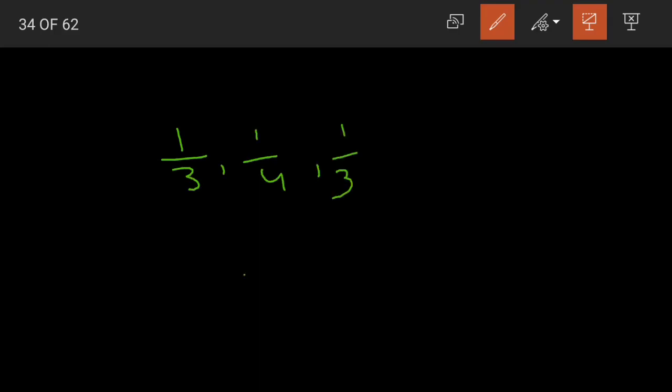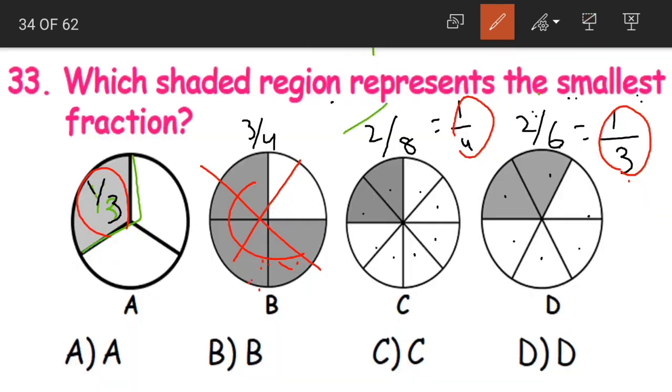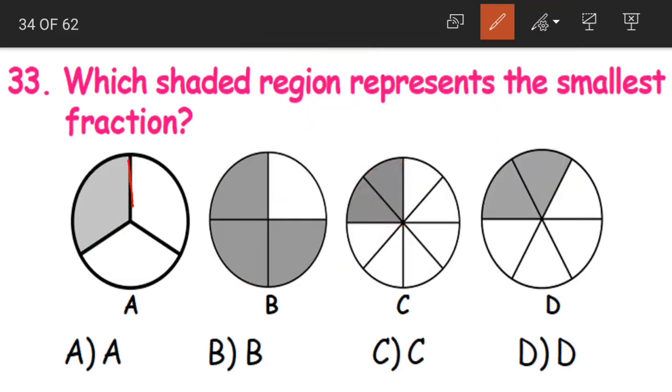Now if you remember what I said about the fractions, if we are writing in numbers 3 and 4, 3 will be the smaller one, 4 will be the greater number. But when it comes to fractions, what did I say? That it becomes the reverse. 3 is the greater number and 4 is the smaller number. I mean 1/4 is the smaller fraction, 1/3 is the greater fraction. So which is the smaller fraction here? 1/4, that is 2/8. Or even if you look at the fraction part here, this is 1/4, right? 1/4 means how much? This part.